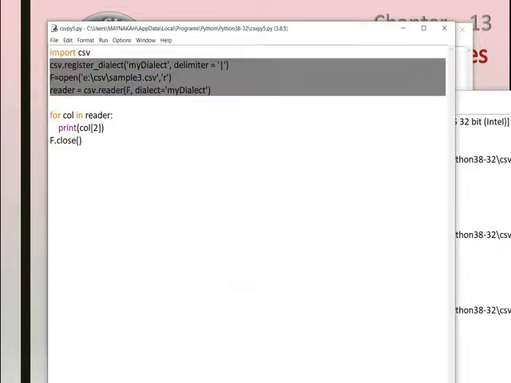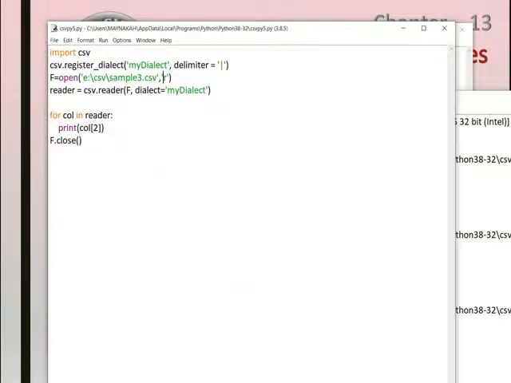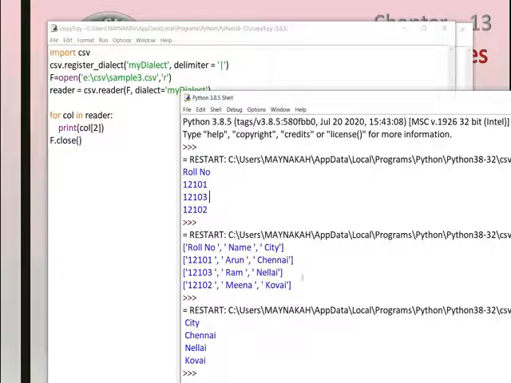So you understand the concept. This file is having 3 columns. When it is column of 0, it printed the first. And then I asked to print everything without giving the index value, so it printed all the elements. Now the index value is 2, so it is printing the last column. So this is the way how to print a specified column from a CSV file.